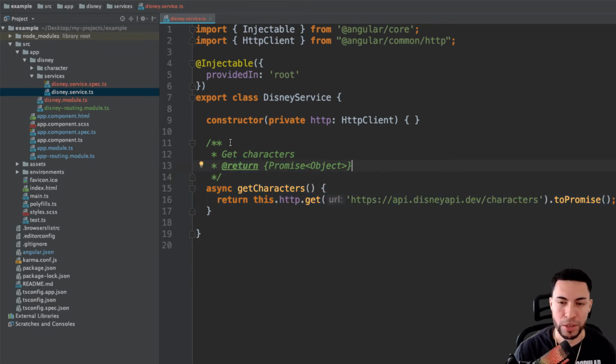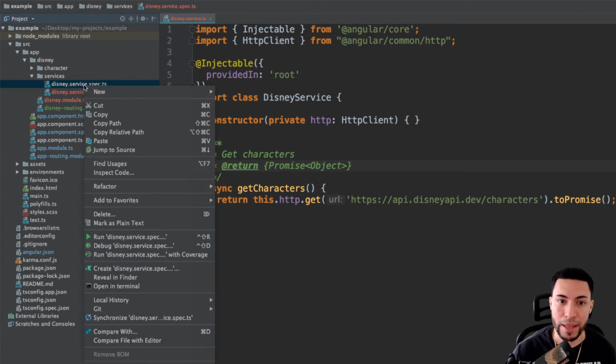So we need to make sure that whatever requests we're making, when the request comes back, it is going to return a promise, and in that promise, there should be an object which contains some data. So that is exactly what we're going to be testing for. So if we open up our Disney spec.ts here,